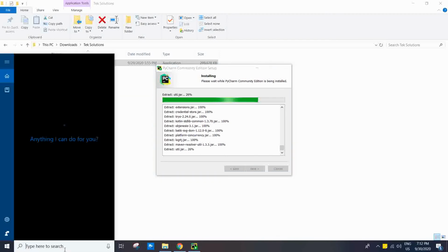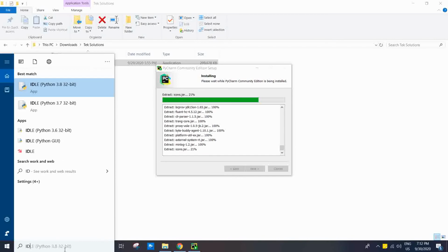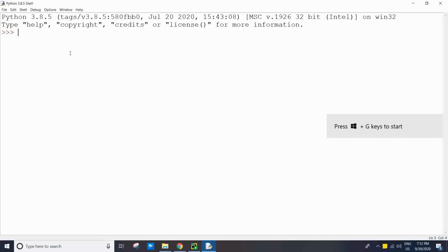Let me show you another IDE that I already gave you in the first videos, in my last video and the previous ones, I think more than 20 videos. If you use 2 plus 2, 4 will print. 2 multiplied by 2, you get 4. 2 divided by 2, you will get this one.